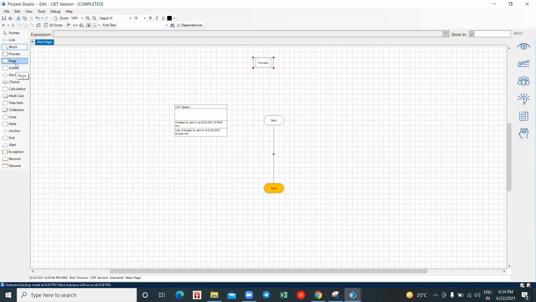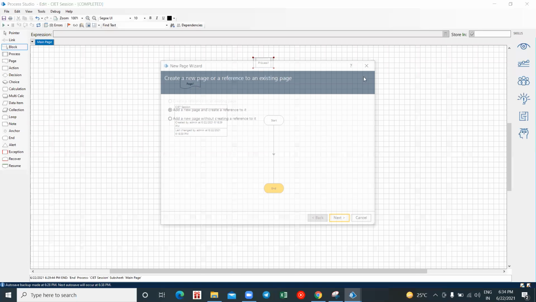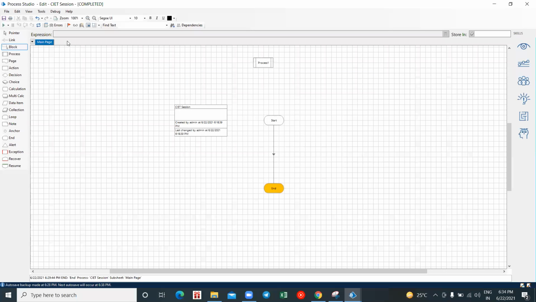Then we have a page stage. Page stages are used when I've been talking about a sub page, right? I've been talking regarding some sub pages. To create a sub page, we make use of a page stage. Okay, with the help of the page stages only, we create sub pages. Okay, so then we have an action stage.